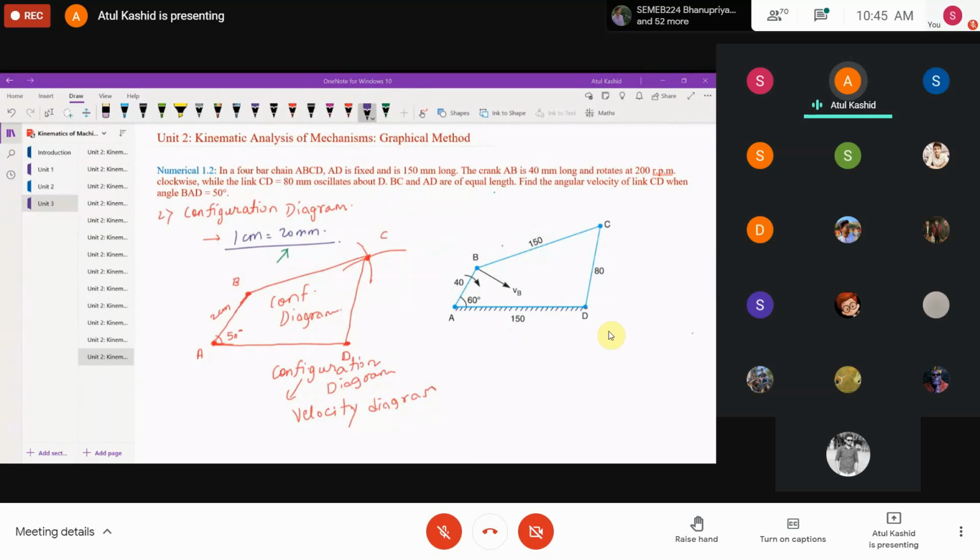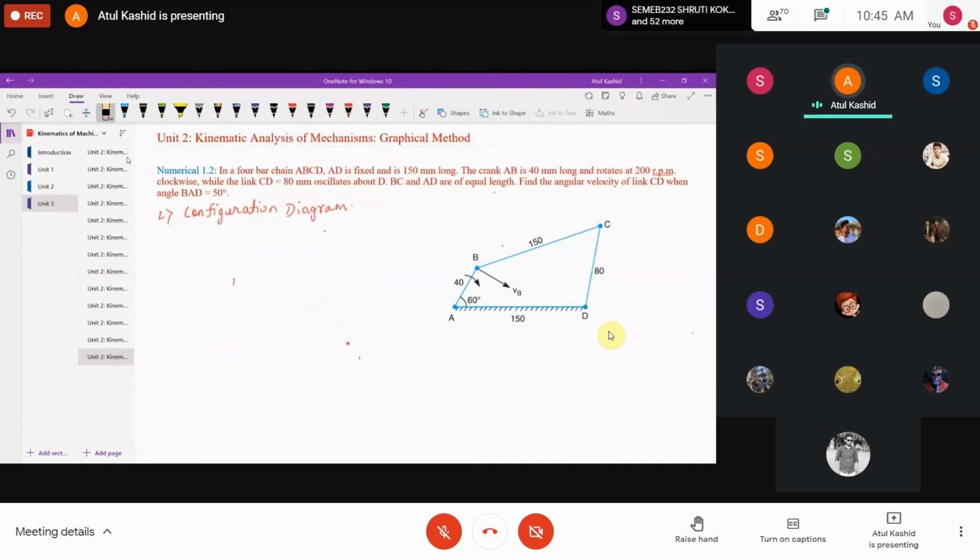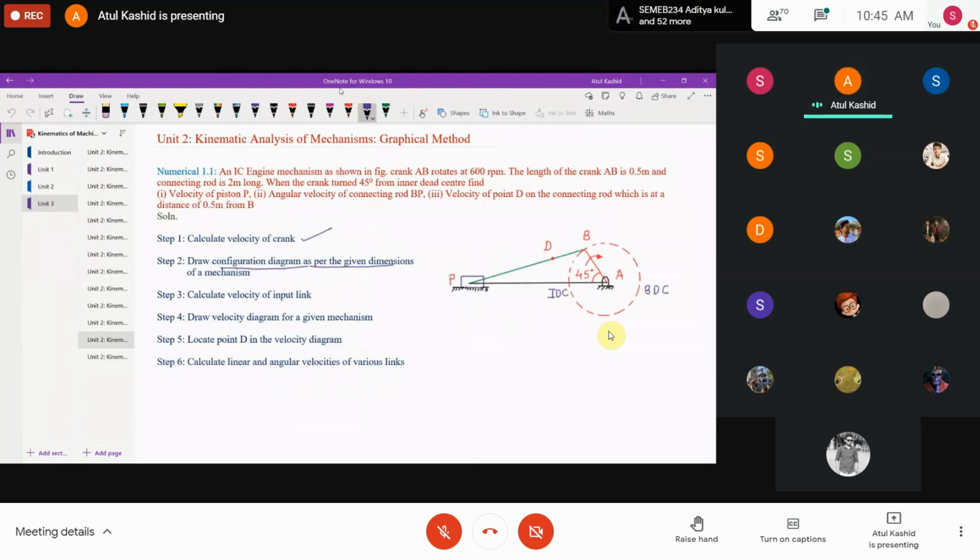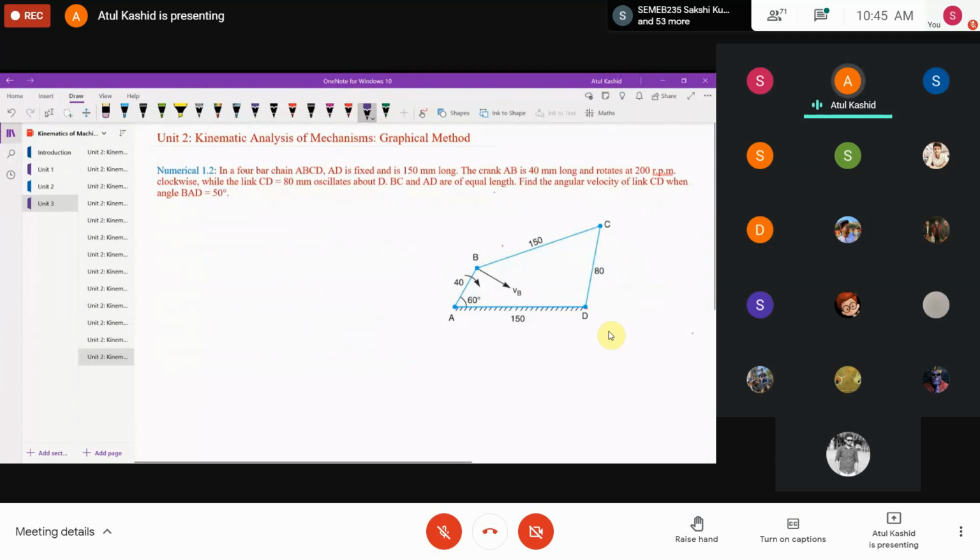Okay, so now I think we have finished with the configuration diagram. Now I will erase this part. Once we have drawn the configuration diagram, we'll go for the velocity diagram now. So we can go for the steps now. So here, draw the velocity diagram for a given mechanism, step 4, right? Step 3 we had already done, calculate the velocity of the input link. We have already done with that. So we'll directly jump to step 4, and it is the velocity diagram,